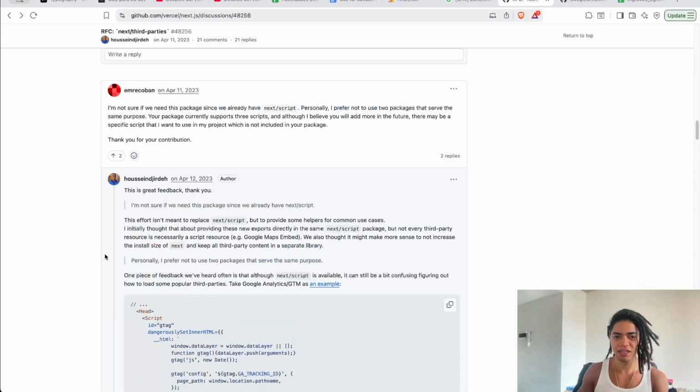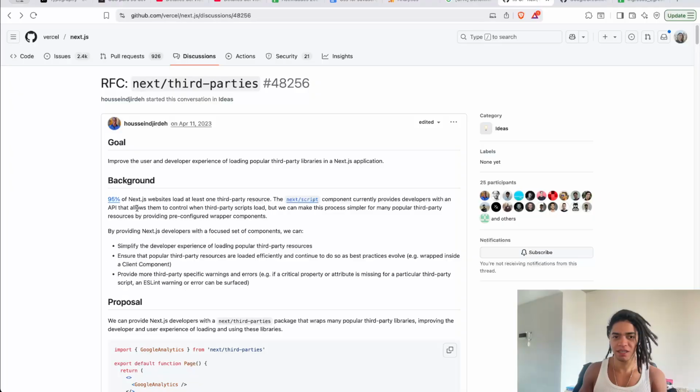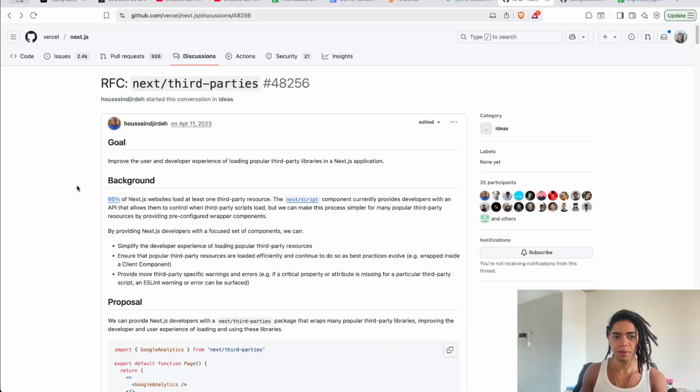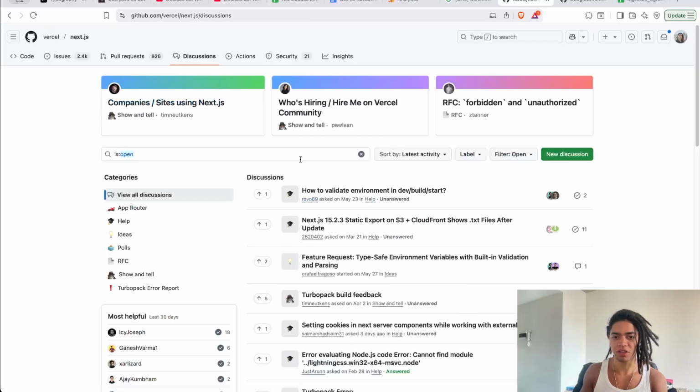So the idea of this is, two years ago, the goal was to improve the user and developer experience of loading popular third-party libraries in Next.js applications. And this is quite interesting because this RFC was opened by a software developer at Google. Now, if we open up the discussion here,